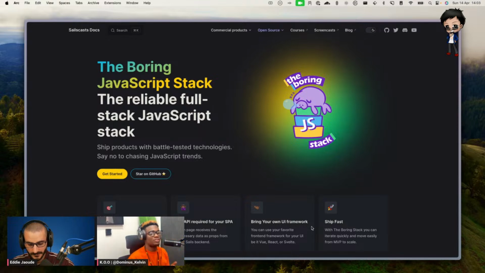But what makes the boring stack shine is that unlike a lot of meta frameworks, maybe Next and Nuxt, the boring stack really holds true to the architecture of the web, which is client server. All right. So most times we tend to do too much on the client or too little on the server, and then we just have this world of problems we bring. But the boring stack is very server centric. It starts from the server, gives you routing, gives you a very robust MVC web framework called Sails, and then